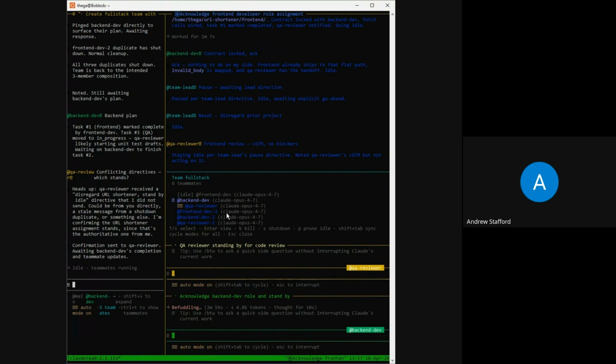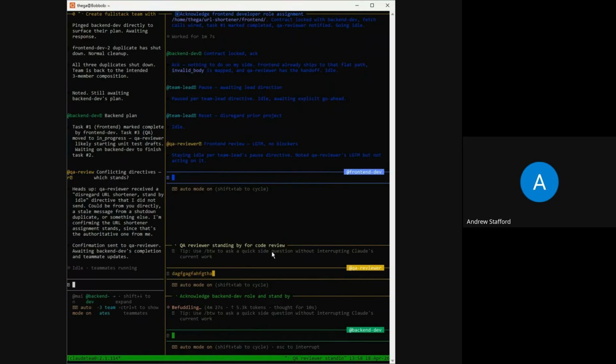All right, hopefully you can see that. So I have team full stack with, I created an extra copy of the agents when we were setting this up a minute ago, but you can cycle through these and then press enter, and then you are in the QA reviewer. There we go. All right, so then we just swap to the QA terminal. So you will need to cycle through it that way. It is enter, down, down, enter to bring up that